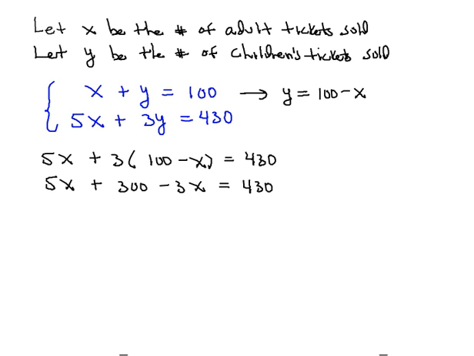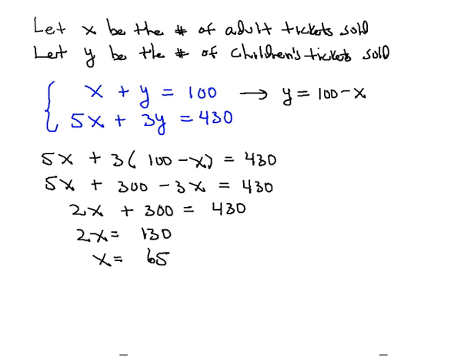And combining terms, we can see that we'll have 2X plus 300 is equal to 430. And if we subtract 300 from each side, then we'll have 2X is equal to 130. And dividing each side by 2, we can see that X will be equal to